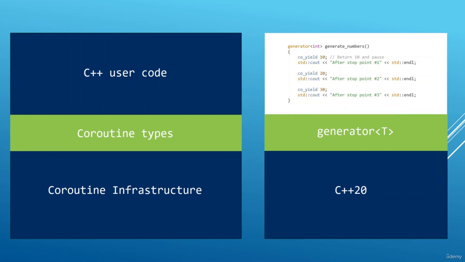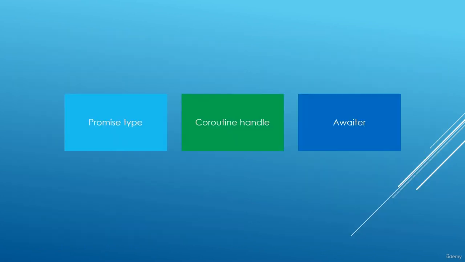So to set up a coroutine, you need to have at least 3 things. You need what we call a promise type, you need a coroutine handle, and you need an awaiter that you're going to use to say that you want to pause or keep running in your coroutine. I realize some of this might be in the blue right now,